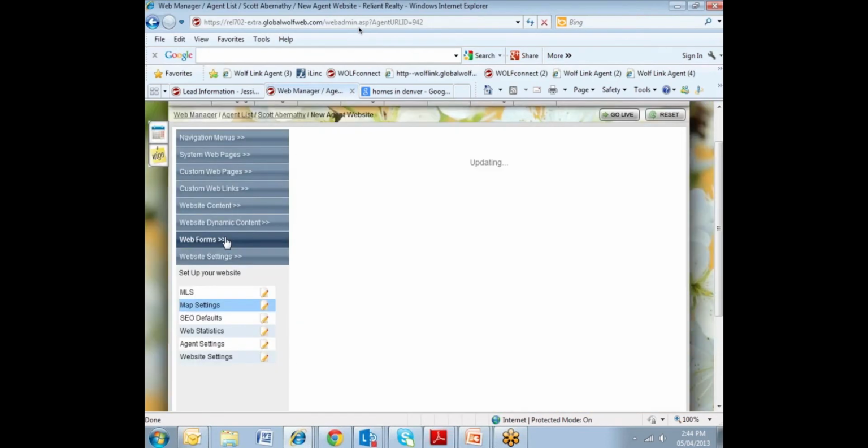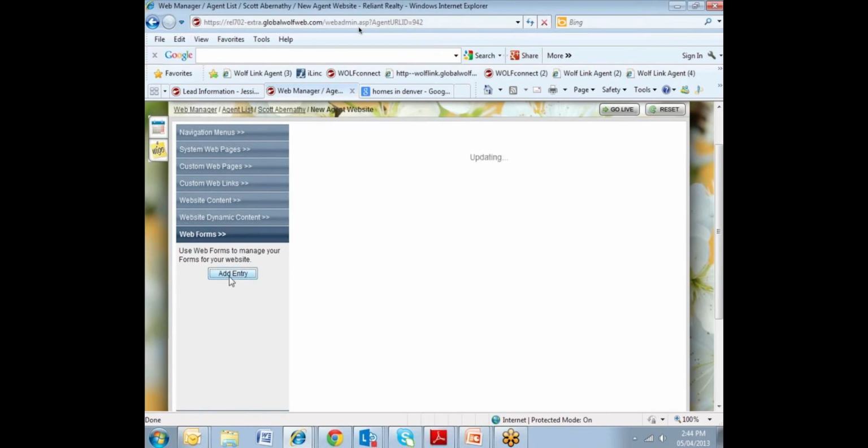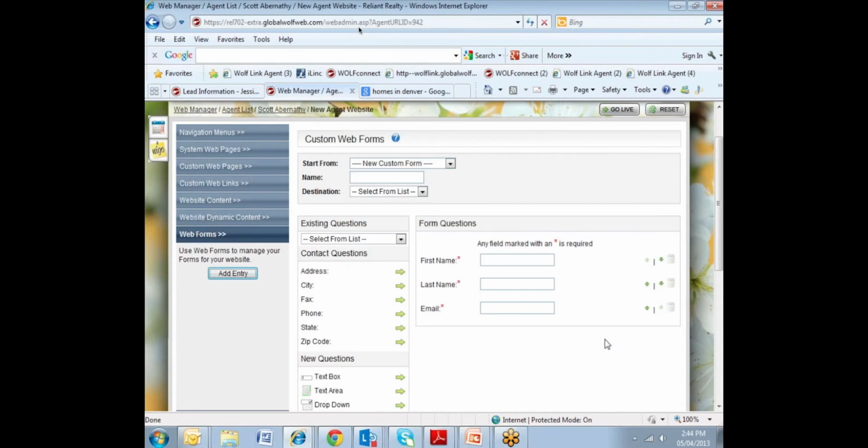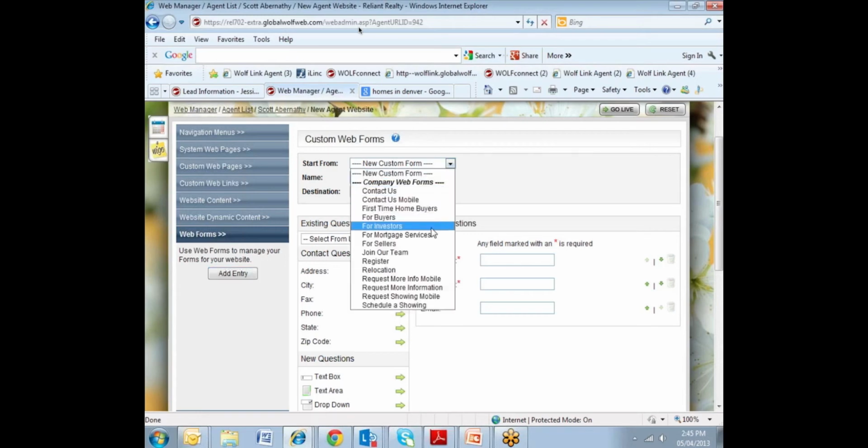Next thing in here are our web forms. Now web forms are really important because it's going to be how you capture leads, which I hope is a goal for all of you to do on your website. So, for example, a web form is you're providing content to the user, so then at the end of that is a place where they can fill in their information and submit it, which would then be a new lead for you. So, we actually have a bunch of web forms in here that we've already created for you to